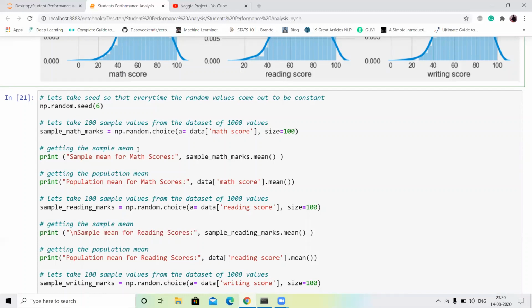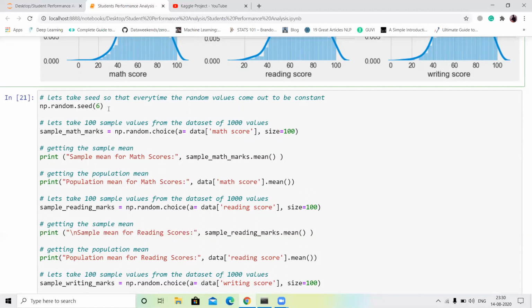Your mom tells you, Shivam, just check whether everything is fine. You check only one spoon, not the whole chicken. So one spoon is the sample and the whole chicken is the population.